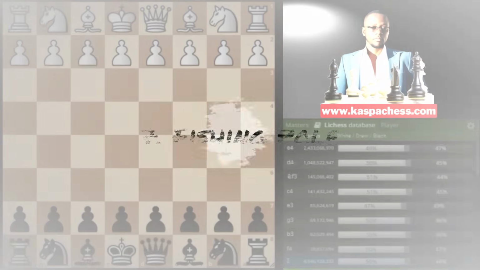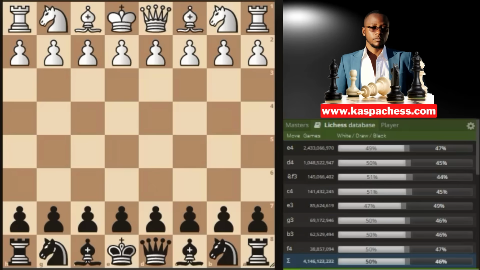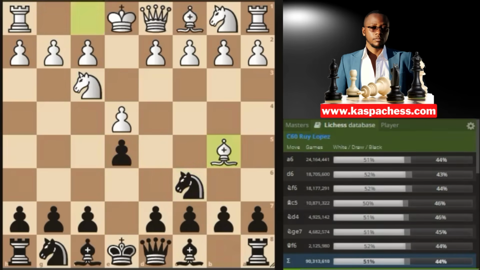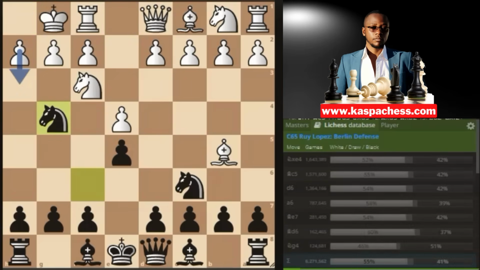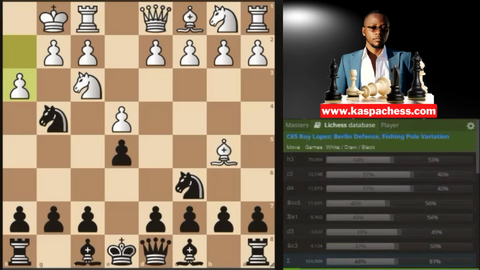Done. Trap number 7 in the Ruy Lopez. So this is called the fishing pot trap, you guys, where white begins with e4, then you go e5, knight f3, knight c6, bishop b5, knight f6. So white castles short. Now, instead of taking this pawn on e4, which white sacrificed, well, you can simply go knight g4, ignoring that pawn. And again, you can see in the Lichess database, pawn to h3 is by far the top played move, but